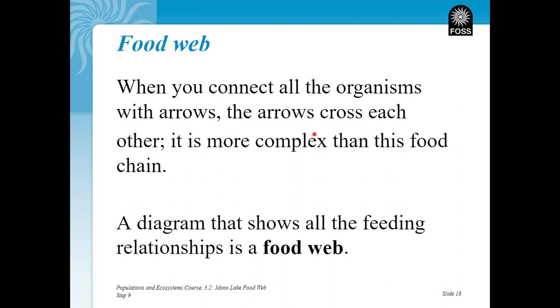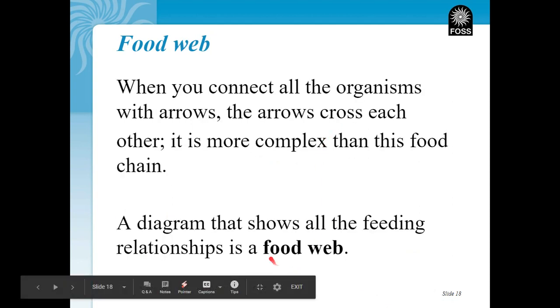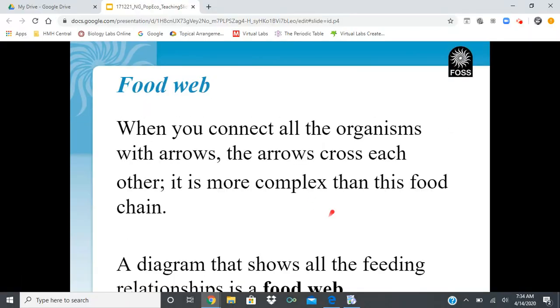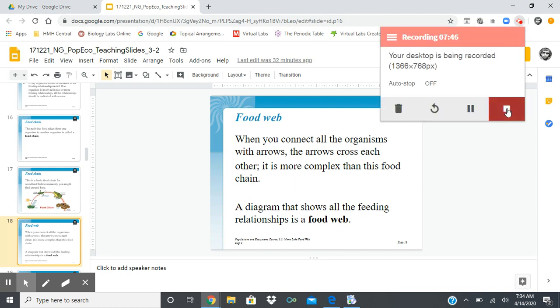So again, our goal is to examine the cards, jot down the information in the tables, and then I want you to try to draw out a web, kind of like a chain like this, but with arrows going in all different directions to show all the feeding relationships at Mono Lake. All right, so we'll know we're satisfied today if you can draw out a web for the 12 critters at Mono Lake. I think you guys can do that, and I'm going to stop and let you